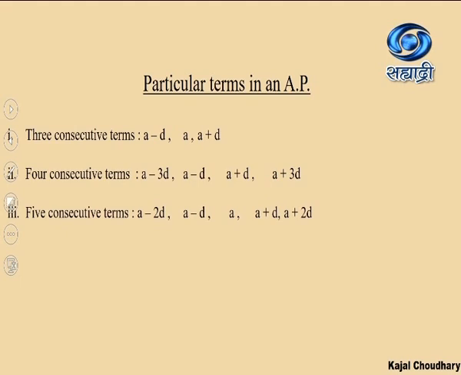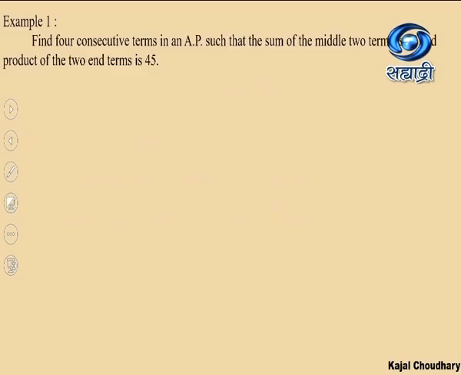In the 4 consecutive terms, if you had observed, the common difference is going to be 2. It's not a common difference of 1. We had assumed it to be a common difference of 2, and along with it, we can move on with the exercise. For this particular question, there is a hint given in your exercise also, and you can use these 4 consecutive terms in order to find the answer.